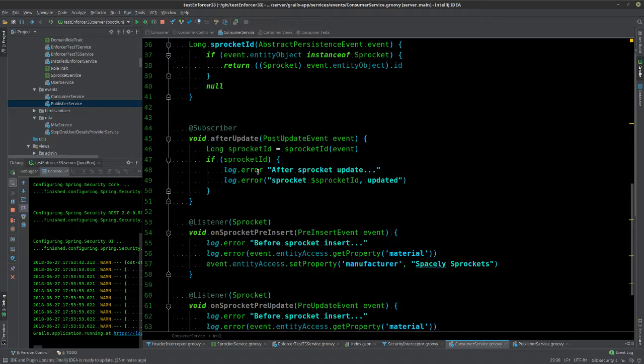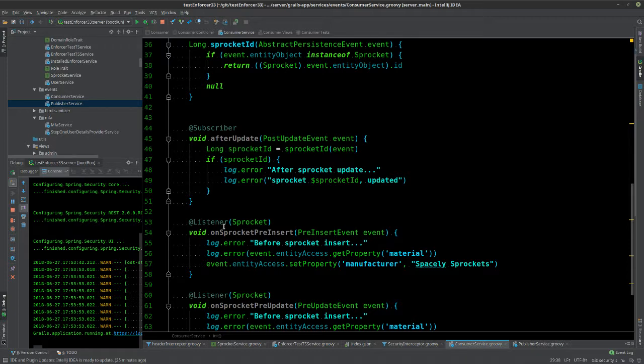This one might be better if you're doing something in the realm of auditing or something like that. But with this one you will not be able to actually update the domain object because it's asynchronous. You're off the thread. It's meant for a different purpose. But since the listener ones are synchronous, those are ones where you could add in, like, the last modified user or something like that.